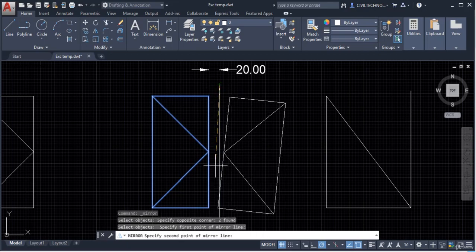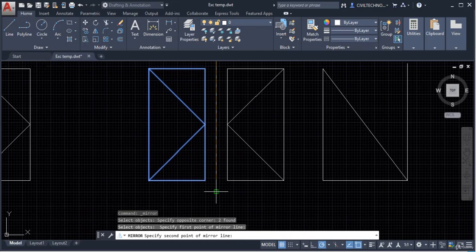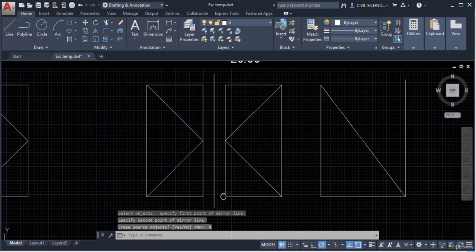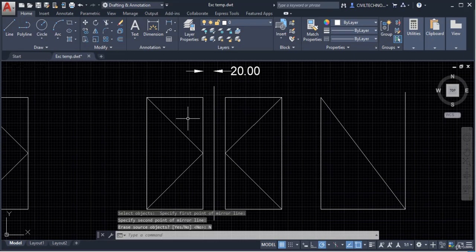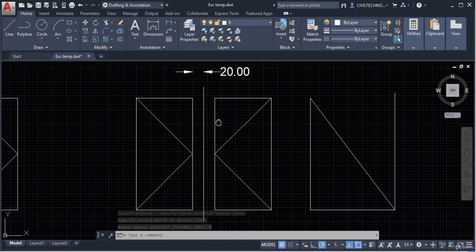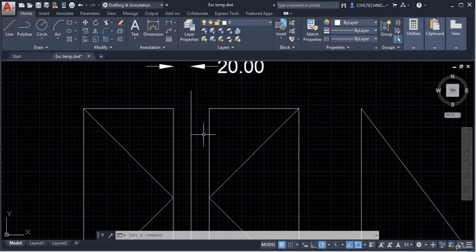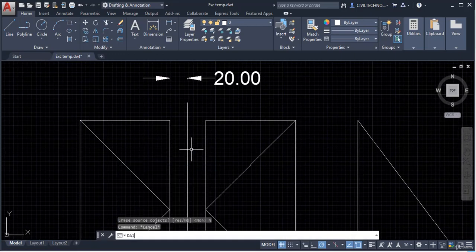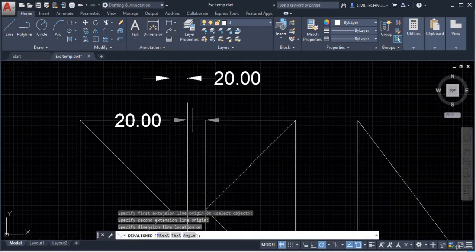I will give this as the first point and this as the second point, and I will click on No as I want to keep this object. You can see this object mirrors along this line, and the distance between the lines will be 20 units. We can check it over here: this is 20 units.